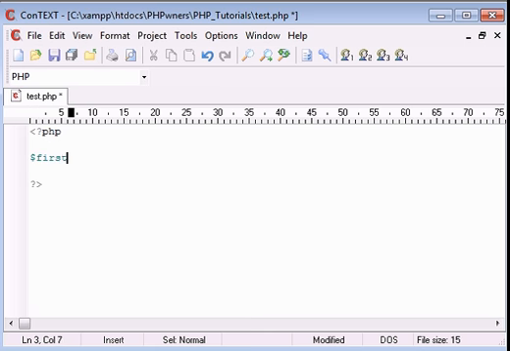First, let's set 3 variables for 3 numbers. First, 10. Second, can be 20. Third can equal 30. So what we can say is